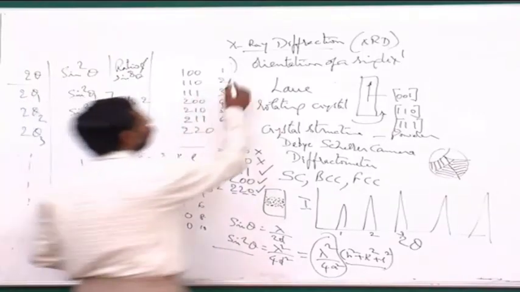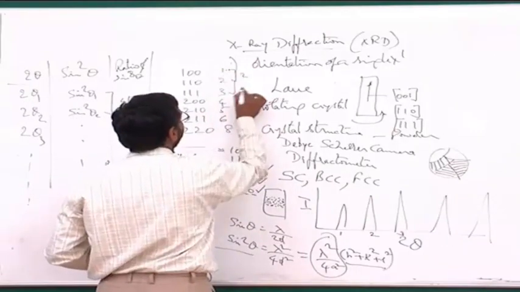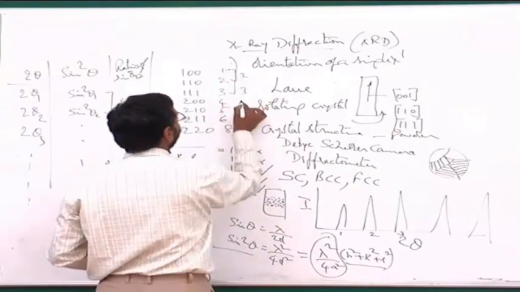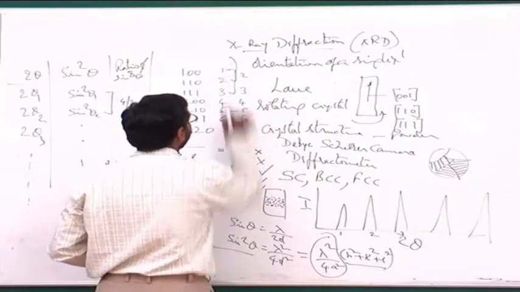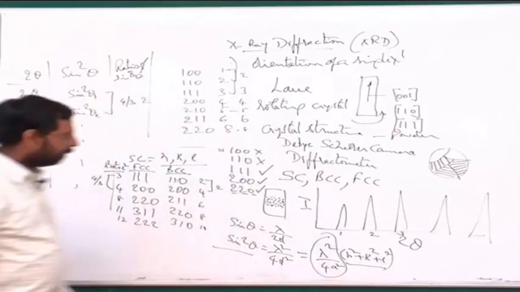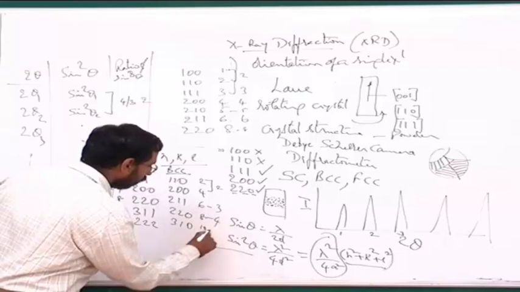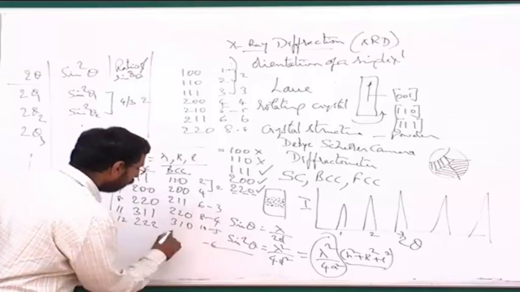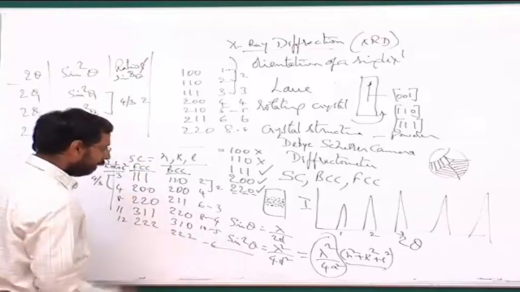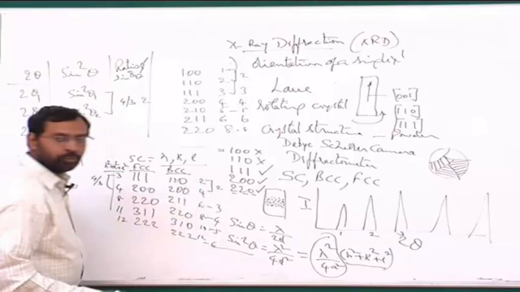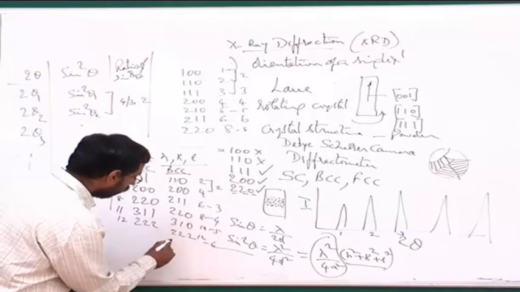So if I take the ratios here, you will see that it is 2, then 3 to 1 is 3, 4 to 1 is 4, 5 to 1 is 5, and 6 to 1 is 6, 7 to 1 is 8. Whereas here, if I continue the ratios, this is 3, this is 4, this is 5, and the next one will be 2, 2, 2, which is 12. So the ratio is 12 to 2, which is 6, and then the next one is 14, which is 3, 2, 1.